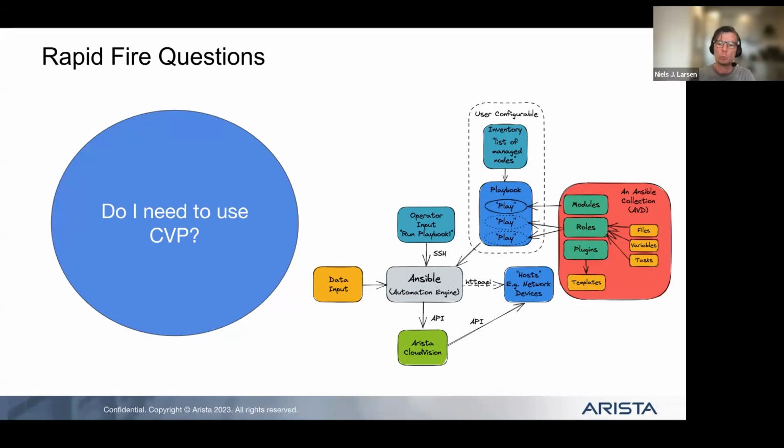They will automatically roll back to the previously running configuration. That will not happen if you do a direct connection via eAPI to the switches. So if you want the ability to roll back, which I think most customers would, you need to develop that yourself.